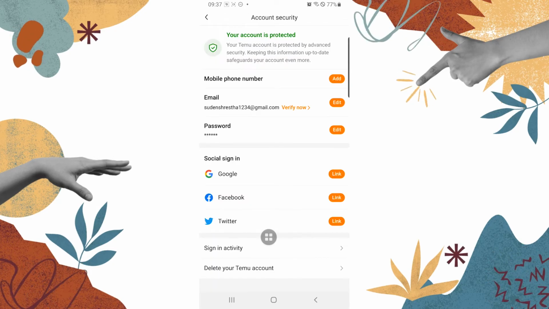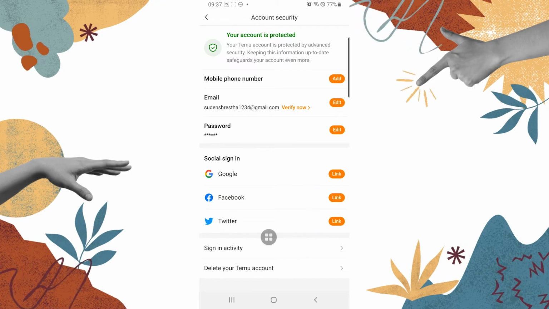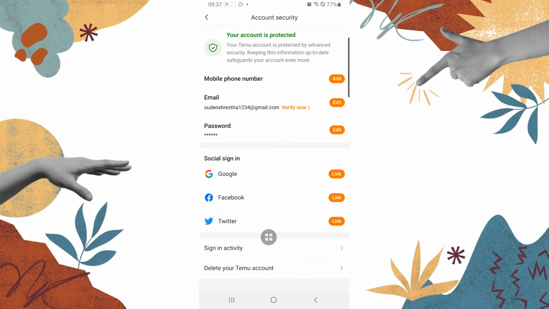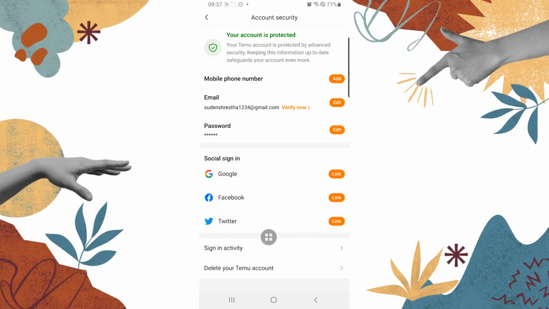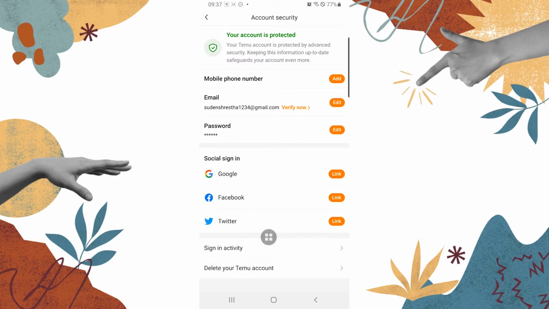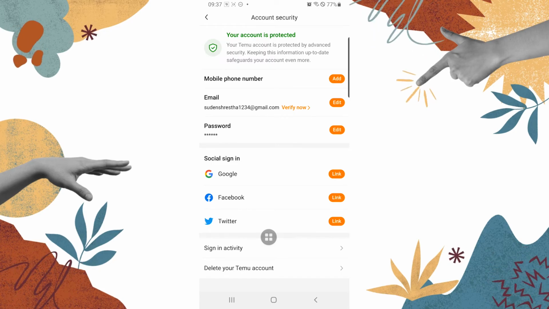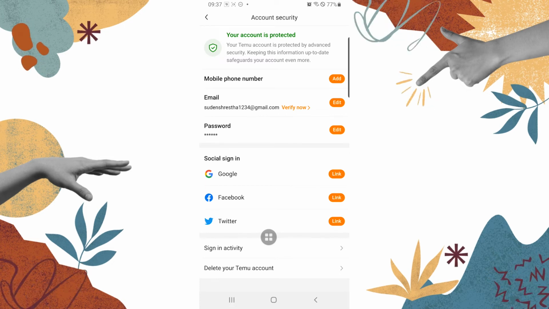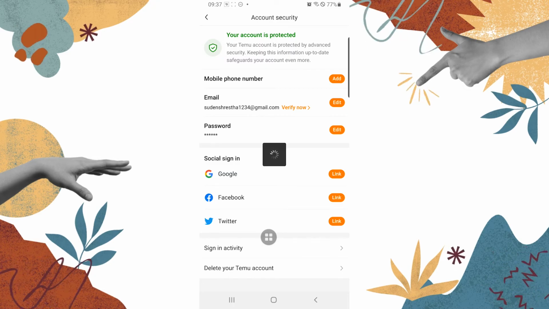And over here guys, you can see the information you had entered in order to sign up for a Temu account. Now in order to verify it, just beside the password at the top of the screen, you can see I had entered my email address, and there is a verify now button. If you also have that on your phone, it means you have to verify your phone number or your email address, whichever you have signed up with. And now to verify it, tap on that verify now button,